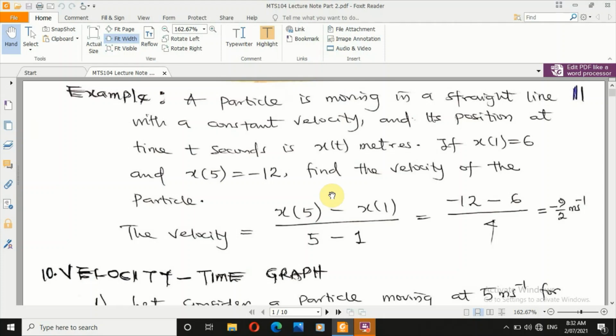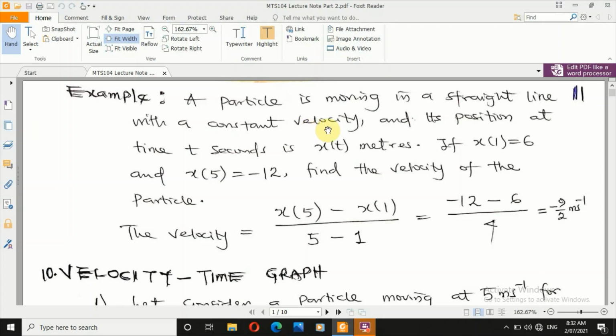We are going to continue from where we stopped at the end of part 1, where we were trying to look at particles and why the position of a particle is a vector quantity. Let's take a look at this example. We have a particle that is moving in a straight line with a constant velocity. Like I've said, constant velocity means that the velocity at two times, let's say at t1 and t2, are the same.